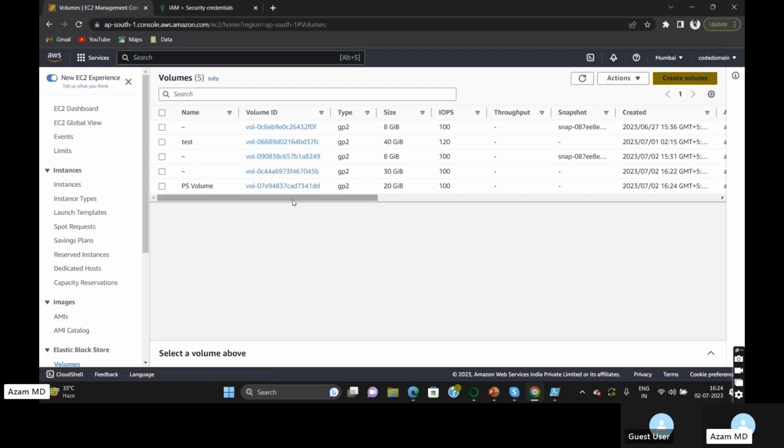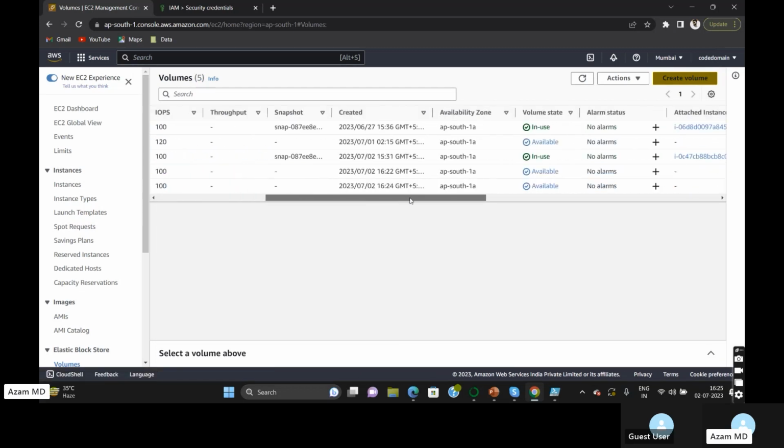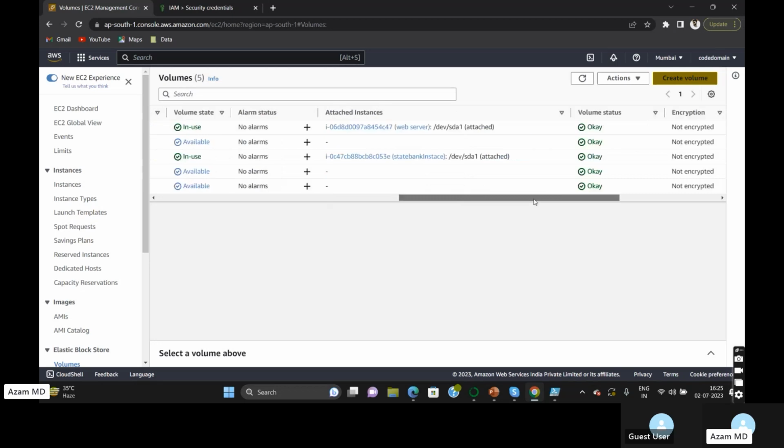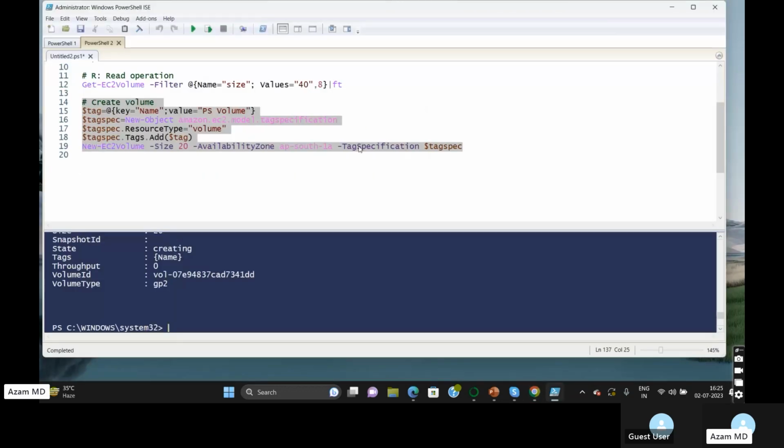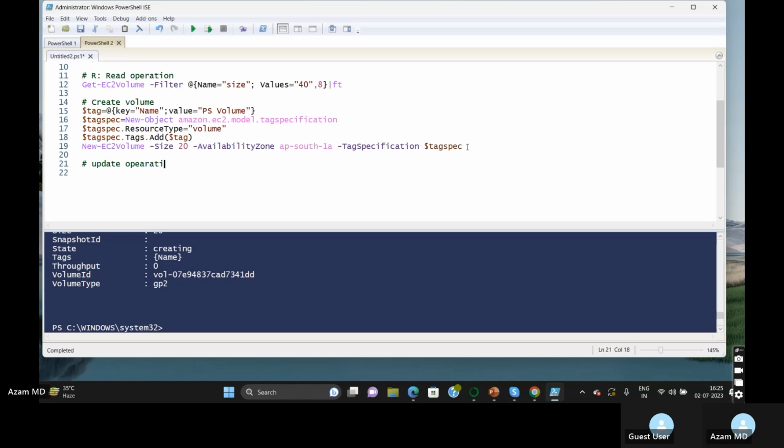Now you can see PS volume we are able to create, right, 20 GB, and which is available. And any other information you want to pass, you can use. There are a lot of parameters, and we have to perform the update operation, right? Update operation, how can you perform? So what we are going to do, we are going to attach volume